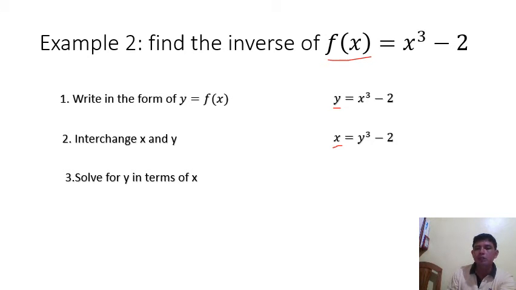So you have to transfer this one to the left side. So negative 2 will become positive. So this is x plus 2 equals y cubed. Then, to eliminate this exponent, we have to get the third root. So we have here the cube root of